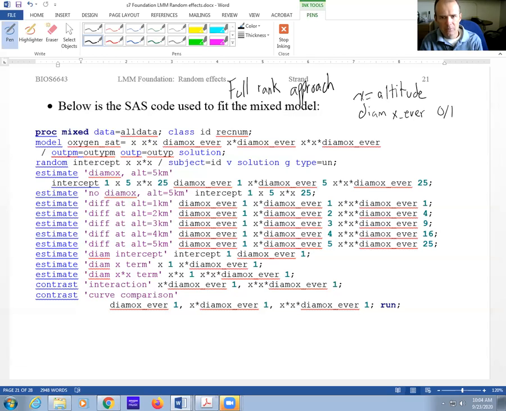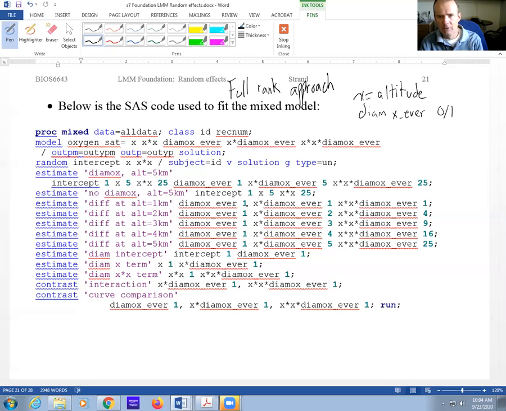There's some ease of the process in doing that. So that's what I did here. But it does have implications when you write your estimate and contrast statements. Then it's essentially, we're treating it like it's a continuous variable. So you're just going to have one value, right? Instead of having two levels for it,